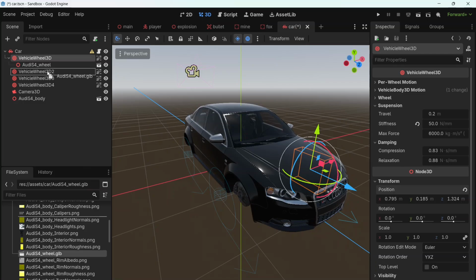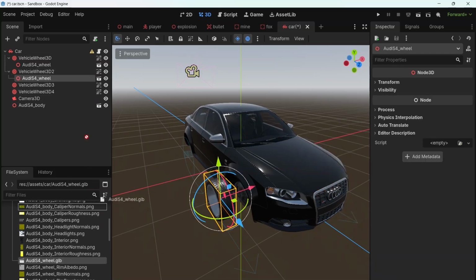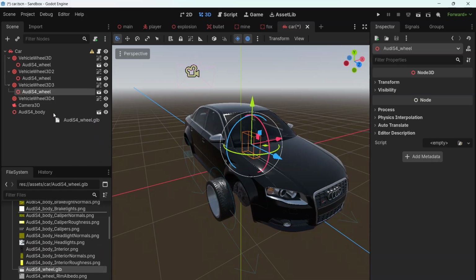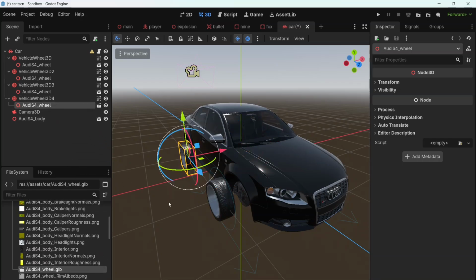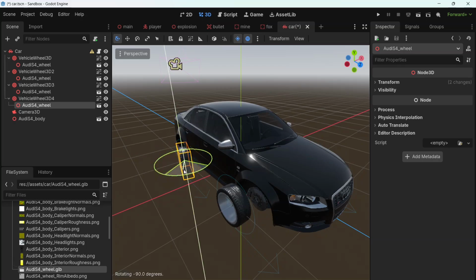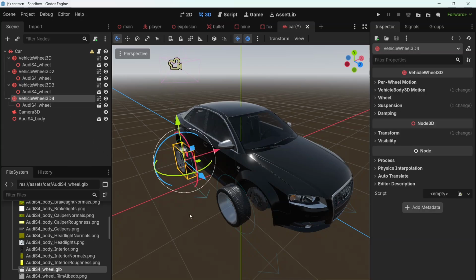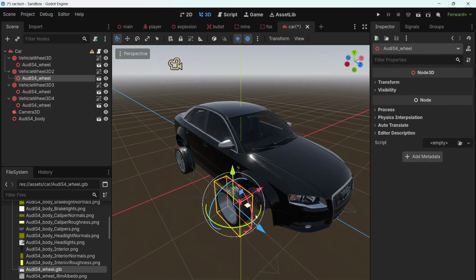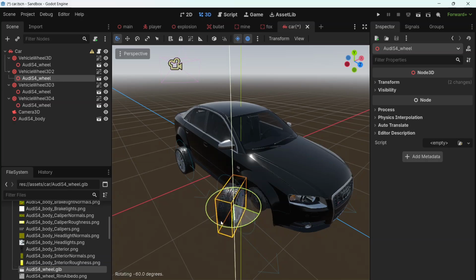So I'm going to drag a wheel onto vehicle wheel 2, vehicle wheel 3, and vehicle wheel 4, and they're all in the right spot except that these two on the right hand side need to be turned around. I'm going to do that on the mesh. I don't want to be turning the wheel itself around because that arrow needs to point forwards, but on the mesh, that mesh and that mesh, I'm going to hold down control, rotate the wheels,